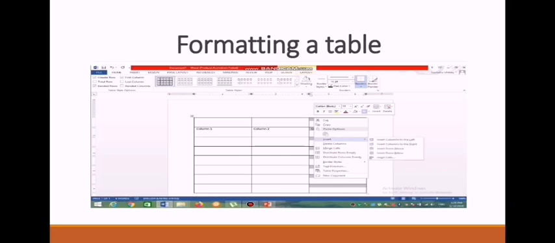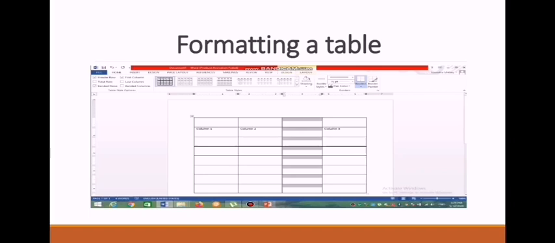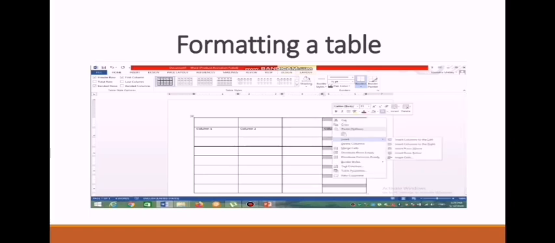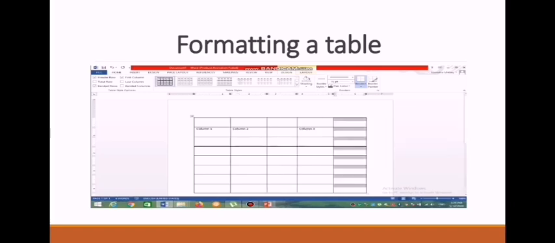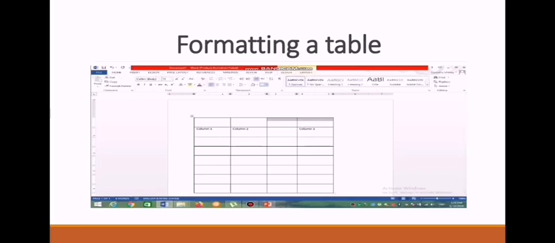If you want to insert a column, the same procedure will be followed. You have to choose whether you want to insert the column on the right or the left side. If you want to delete a column, select the column, right click, choose the option Delete Column, and the column will be deleted. And if you want to merge two cells into one cell, then select the cells